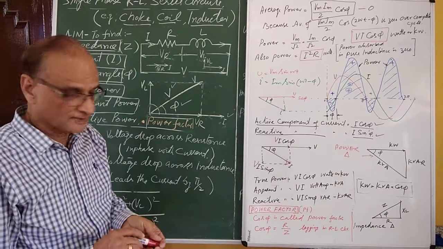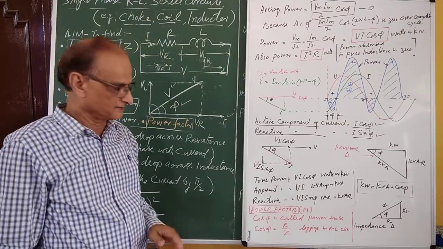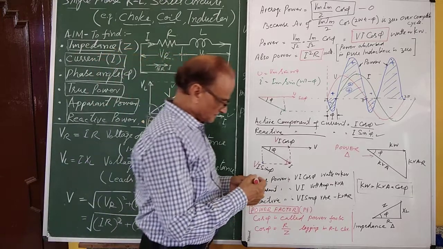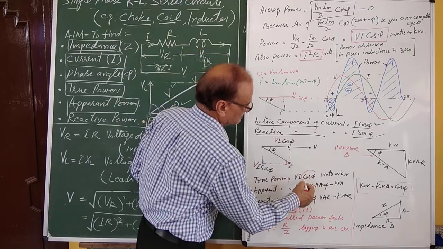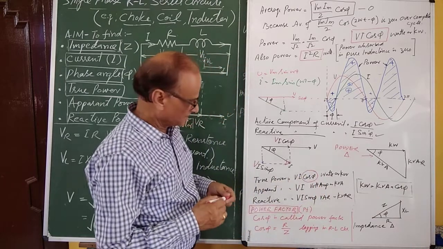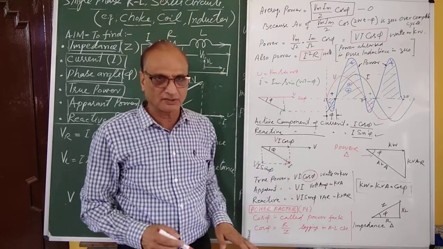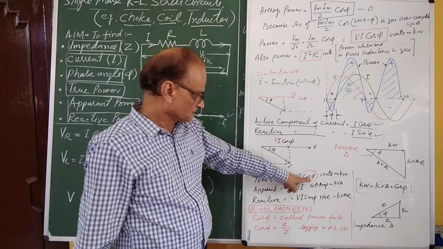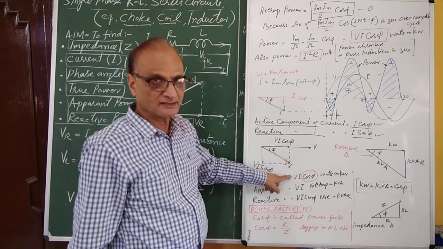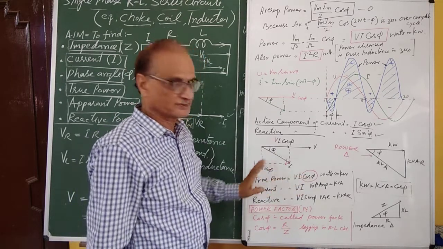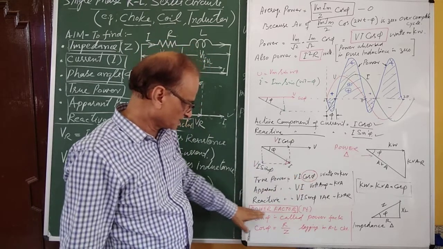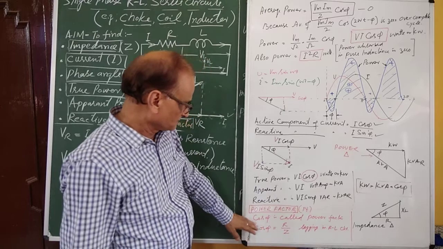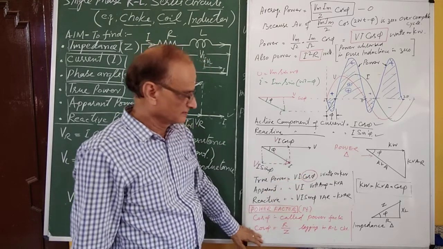So lastly, we will calculate the power factor. This cos phi component in this power relation is called power factor. When cos phi is 1, power is V I, and when cos phi is 0, power is 0. So this is the factor on which power depends, hence it is called power factor. So power factor is cos phi.